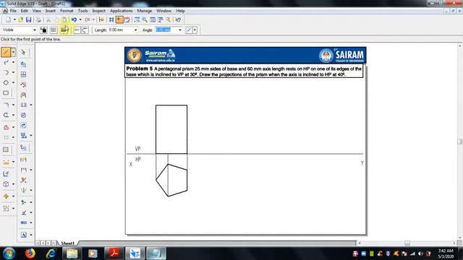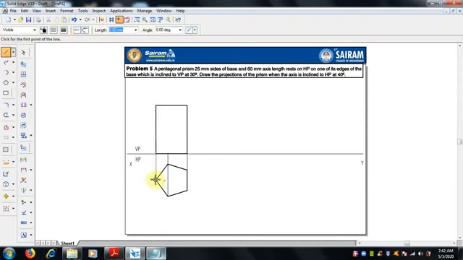The center line we have to find from the top. First find the intersection, and from here to this, just draw this line.